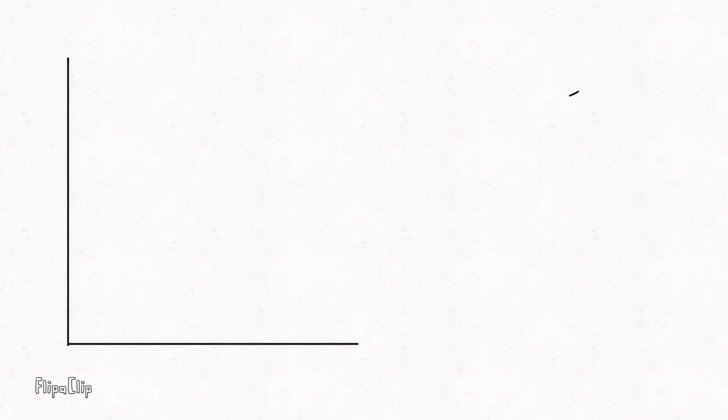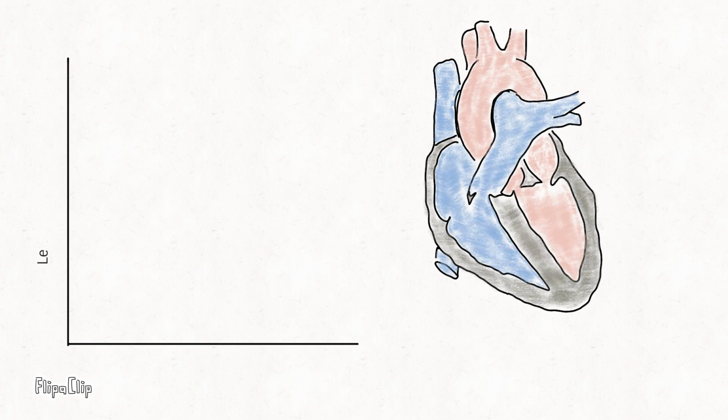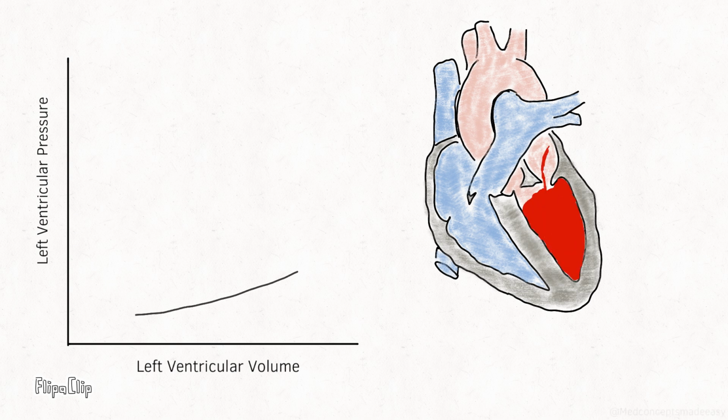This graph represents the cardiac pressure volume loop. The x-axis represents ventricular volume and the y-axis represents ventricular pressure. As blood flows from the left atrium into the left ventricle during diastole, ventricular volume increases with a relatively small